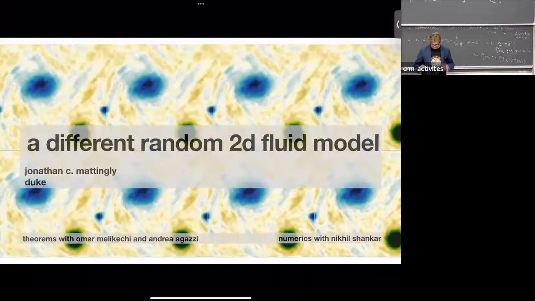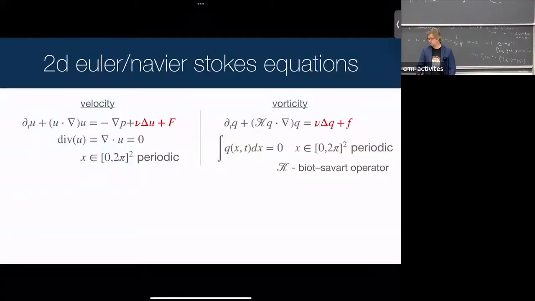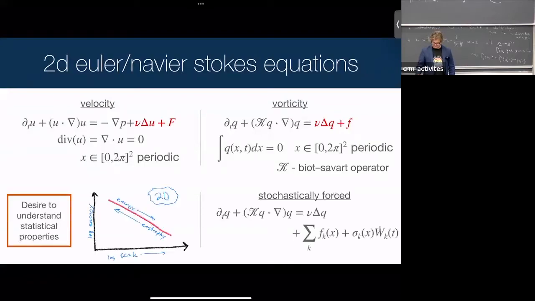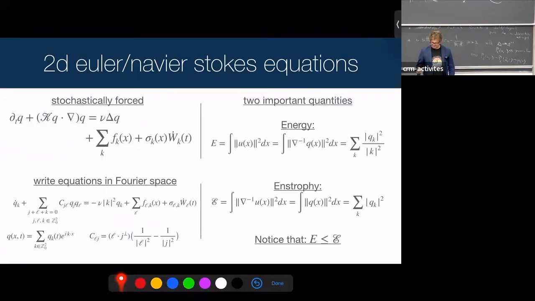And present. Okay, great. So I'm going to show you a little different model. A lot of this I'm going to fly by because you've been listening to me talk about this a lot. All right. So there we go. There's the equations again. So we just talked about the stochastically forced one over here. Let's see if this pen works. Yeah, it does. And look familiar. Apparently I don't have the pies. I think I may have made a mistake. Okay, yeah, I was on a 0-1 box in the paper I was thinking of. All right, so I have energy and entropy here, right? If I'm in the vorticity formulation, the entropy is just the L2 norm of the equation, the sum of the coefficients, and the energy is the coefficients divided by this, okay?